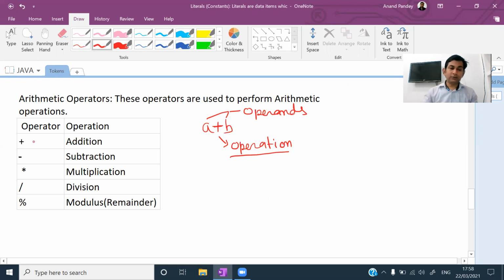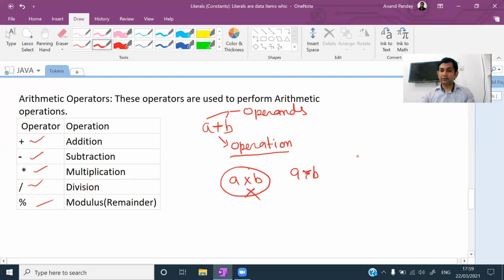Now, you know very well about these symbols: plus, minus, multiplication, division, and modulus. I'm going to explain a few of the mistakes which you make. Plus is for addition, minus for subtraction. Please don't use this cross symbol for multiplication in the program. It's a habit from mathematics, but here please don't write like this. Please use the star symbol, the asterisk symbol, for multiplication. Generally, it happens by mistake. You write this symbol when you write in the copy. Please don't use this. This is incorrect.